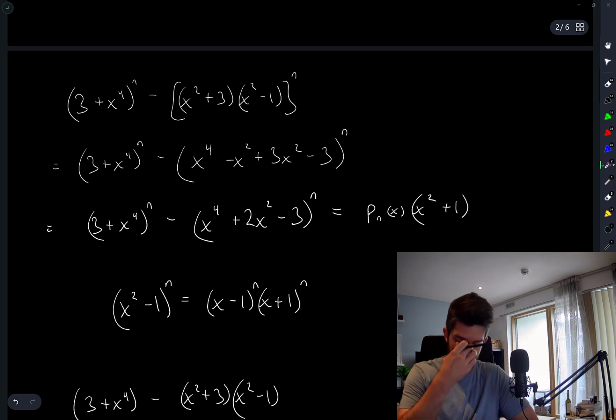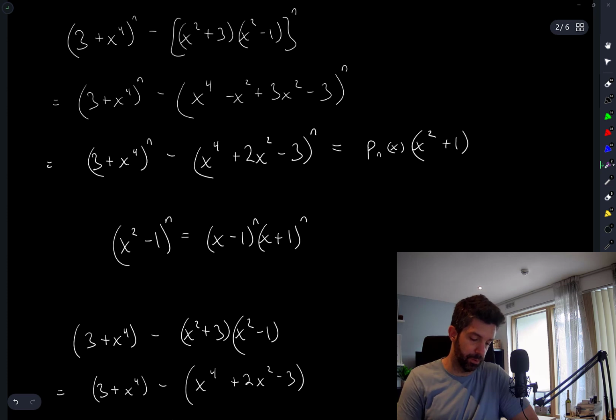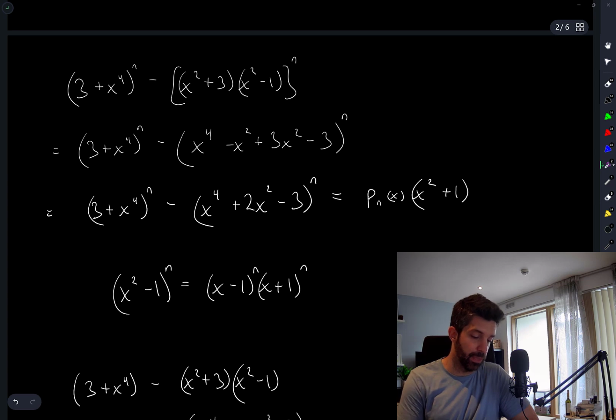What is the remainder of this thing for a general value of n? I know there's all these ways of relating remainders to what happens when you evaluate these polynomials at particular values of x and so on, but I just don't know what those are off the top of my head, although I think I'm essentially leaning towards them here. The other thing that even crossed my mind is let's substitute roots of this polynomial, of which we would then have to go to complex numbers, and see what happens to the left-hand side of this equation. If I let x be equal to i,